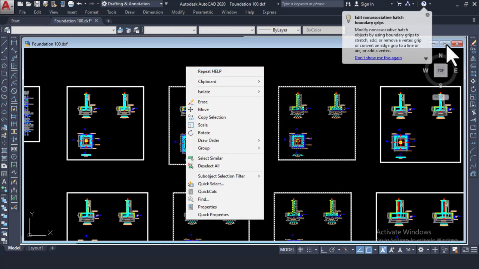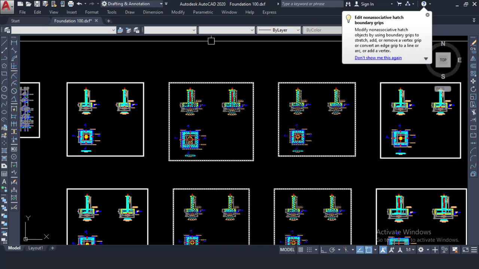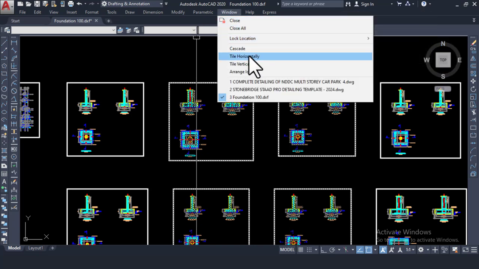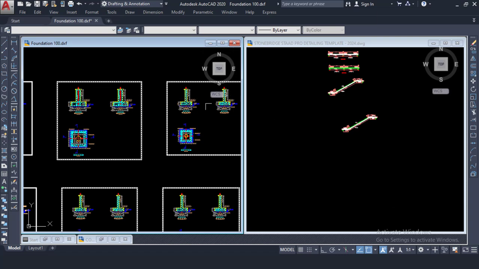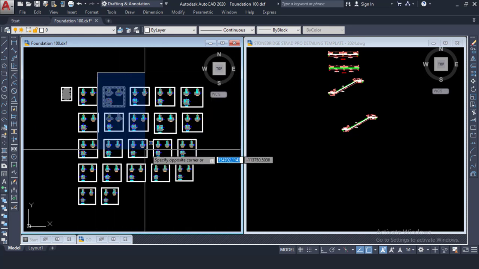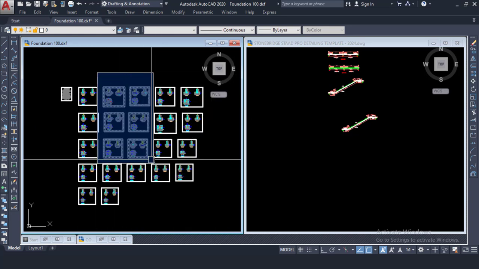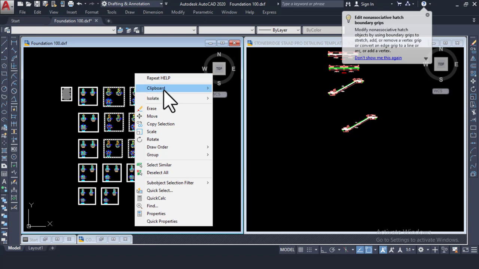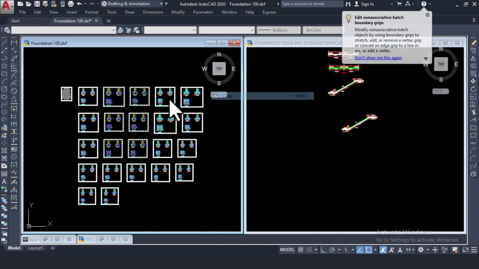Let me just first of all tile it first. So I didn't do that very perfectly well. Tile again. Okay, that's fine. So I'll tile again right now and copy. I can choose to copy either 4 of the, yeah, this is okay. Copy this right now. So just copy your drawing from the Staad.Pro detail into the